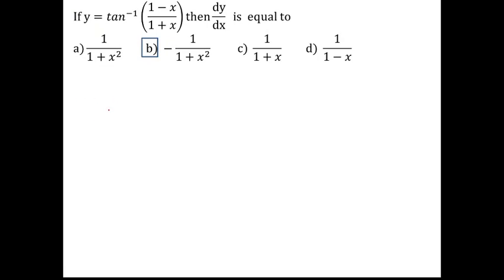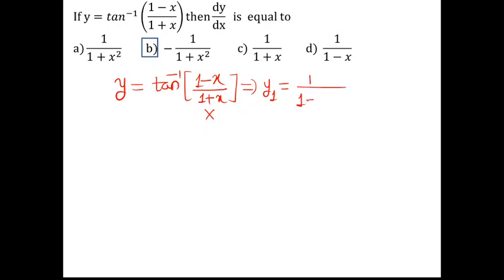So y is given, we are just asked to find out the first derivative. So y is equal to tan inverse of (1 minus x) upon (1 plus x). In order to answer this question, you should know the formulae of differentiation very well. So for the time being, let's take it as, say, capital X. What is the derivative of tan inverse of capital X? That is 1 upon 1 plus X square. X is this complete term, so we will take the square of this. So it is 1 upon 1 plus ((1 minus x) upon (1 plus x)) whole square.